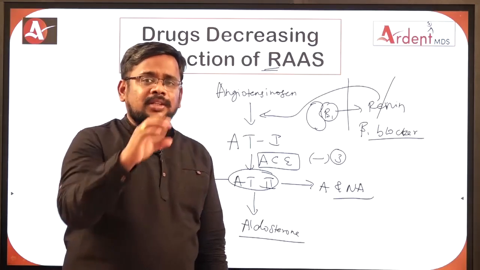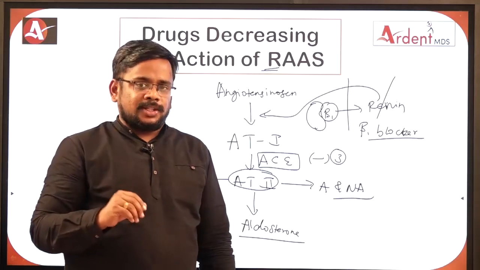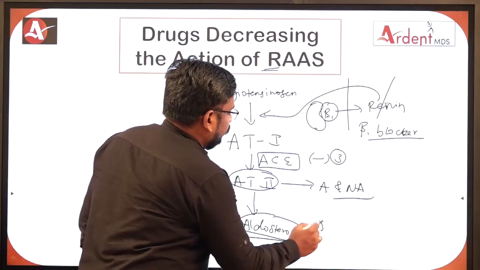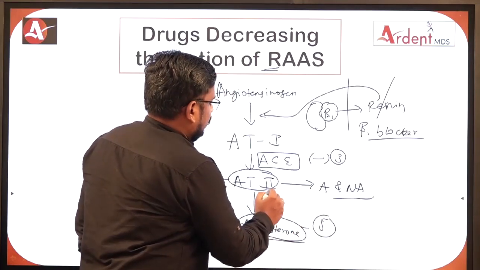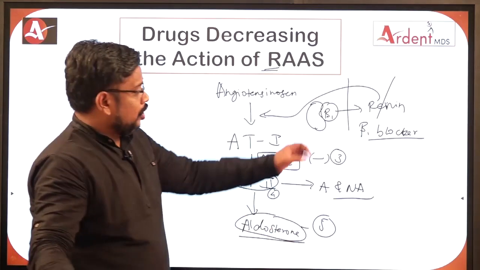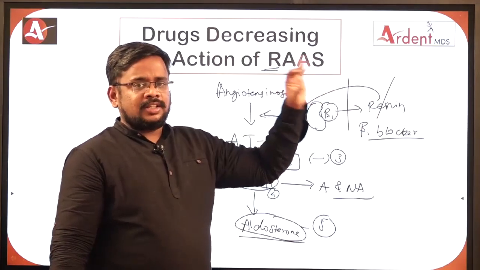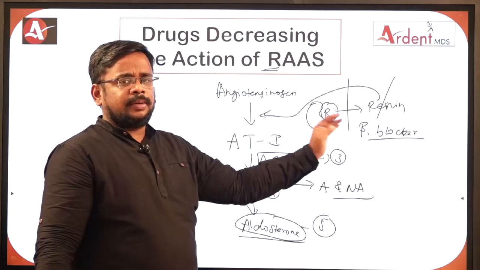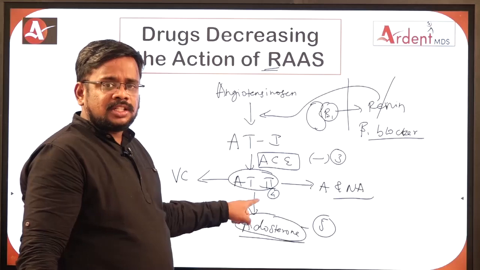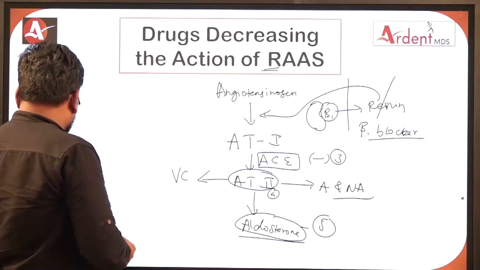So angiotensin 2 is released, but blocking the receptor where it acts decreases the activity of the renin angiotensin aldosterone system. Fifth is about aldosterone blocker. So these are the various steps to decrease the renin angiotensin aldosterone system. So the first step is the beta 1 blocker which inhibits the release of renin. Second is directly inhibiting the renin with a renin inhibitor. Third is the ACE inhibitor. Fourth is the angiotensin receptor blocker, and fifth is the aldosterone blocker. Clear? We'll see one by one now.